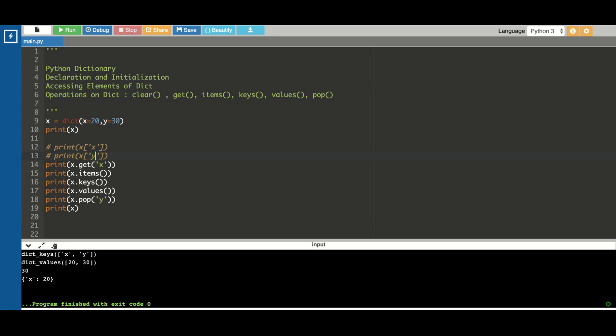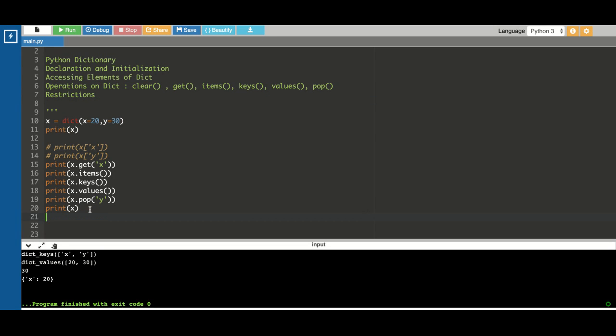Let's add one more agenda to our video: restrictions. So if there is already a key present in the dictionary and you go on and add another key which is the same as the previous key, then it will not return you an error. It will simply override the value. Yes, it will simply override the existing value. Okay, because dictionary